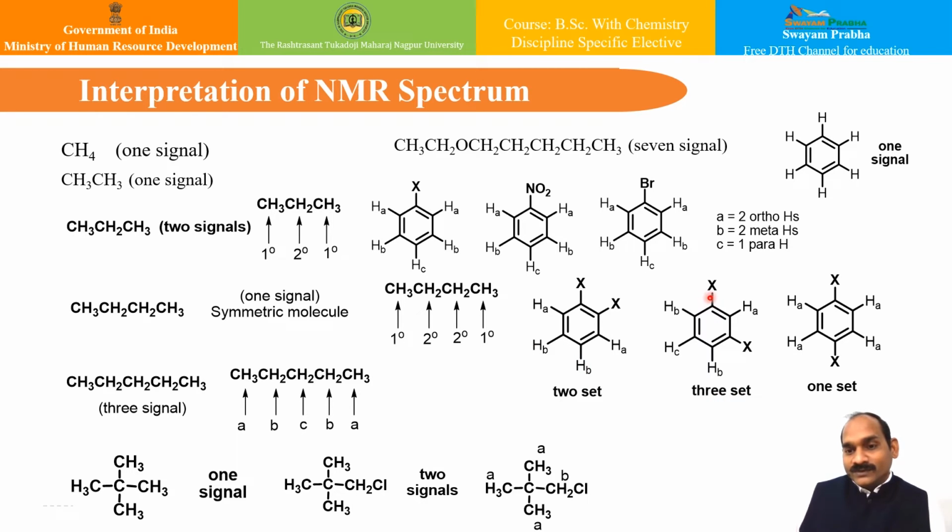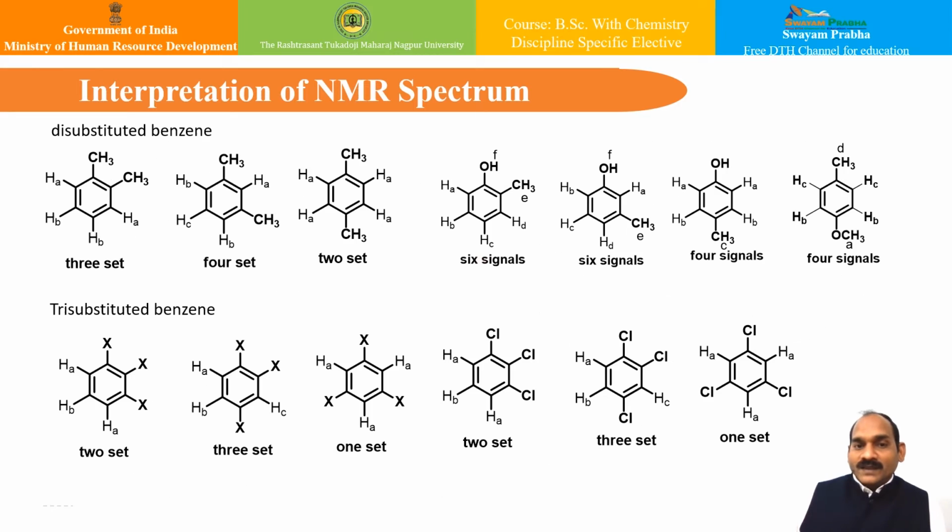In this case, if their position changes, you can have one kind of proton, the other kind of proton, and the third kind of proton. So there are 3 kinds of environment, and therefore there can be 3 sets of peaks. In this case, disubstituted, we can have only one kind of environment, and therefore there will be a single set of signals. Similarly, I can go on doing like this for disubstituted benzene. We can have 3 sets of peaks over here. In this case, 4 sets of peaks, because one kind is this, second kind is this, third kind is this. In this case, there will be 2 sets.